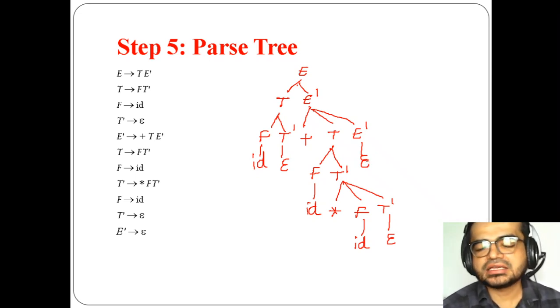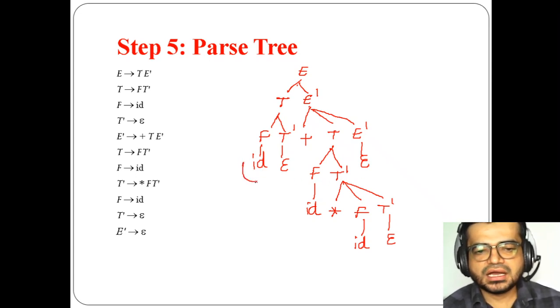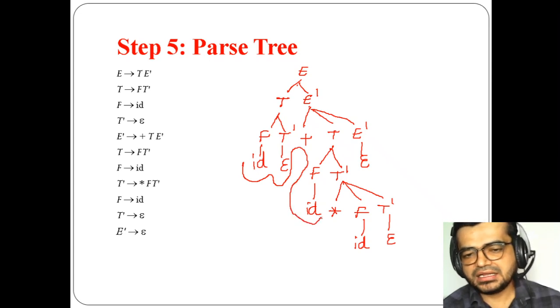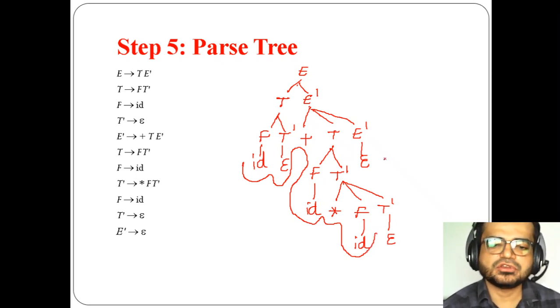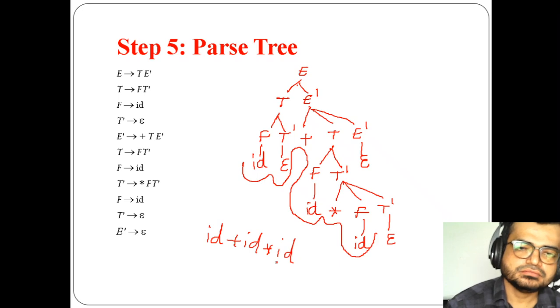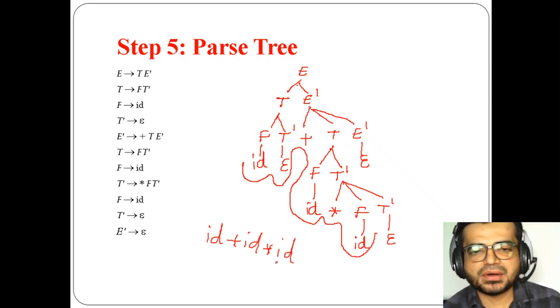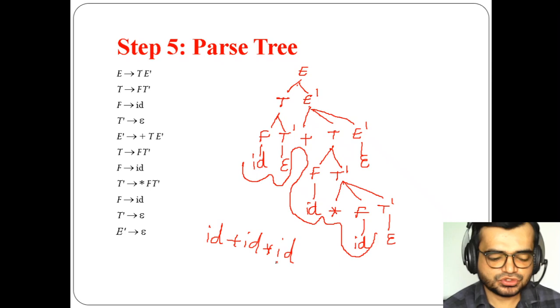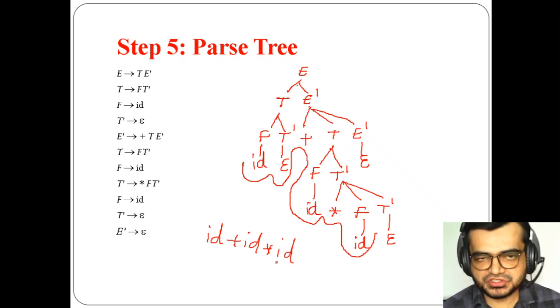So you have got the given expression. Now this is your parse tree. How? id, this is epsilon, id plus id into id, because this is epsilon, right? So what you got? id plus id into id. So here we have generated a parse tree, right? This is how you have to draw it whenever they may ask you. So in this way the parse tree will be generated.